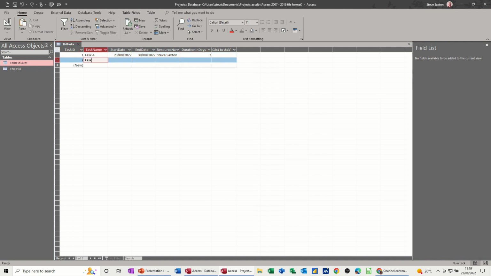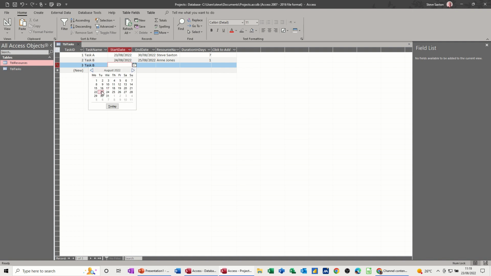So task B, let's say that starts on the 24th and ends on the 25th. Allocate a person, Jones, and so on and so on. So if I do task B again, same dates, 24th, 25th, different person, Mark Green, so there's just one day there. And then I'll do a task C,